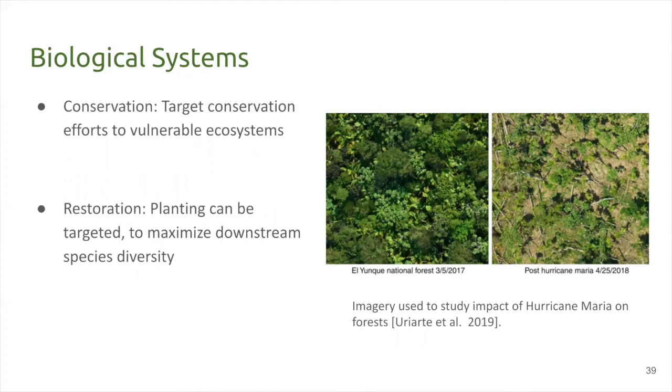So you can try to imagine there are specific species that are key for an ecosystem's function. If you understand what those species are, then you can try to preserve them better. What this example study is showing are photographs of forests before and after Hurricane Maria. They analyzed these photographs to figure out the types of trees that were able to survive the hurricane. So they were able to develop a very careful quantitative understanding of what types of species will be most robust to climate change and which ones are most at risk.